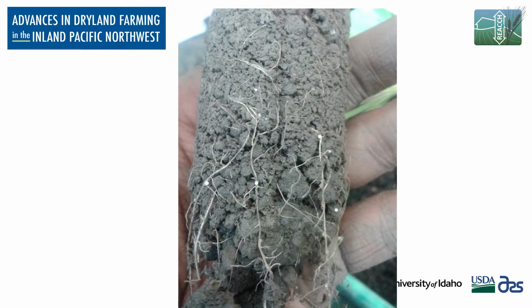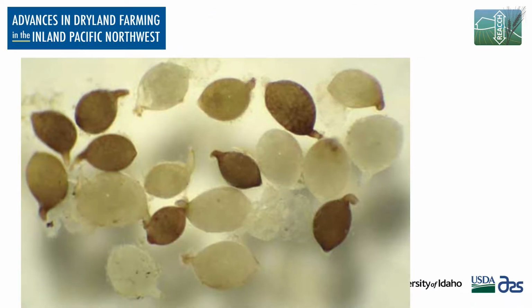So here's another shot where you can see with the naked eye these white females stuck to the root. So again, this would be something to look for out in the field. And then here's a close-up of some of those cysts. They start out white, but then as they age, they turn a brown color. And the key thing about those is they can survive in the soil with viable nematodes for many, many years. So this is why it's such a problem, and this is why once it gets established in a field,